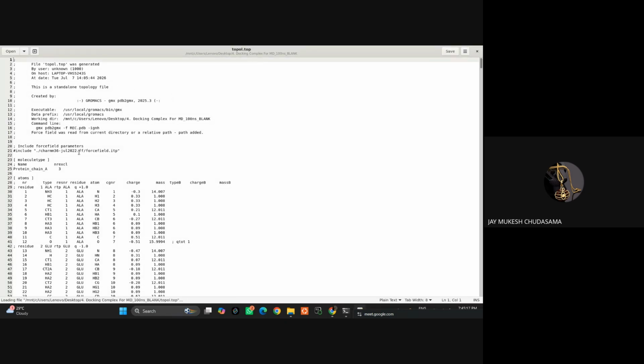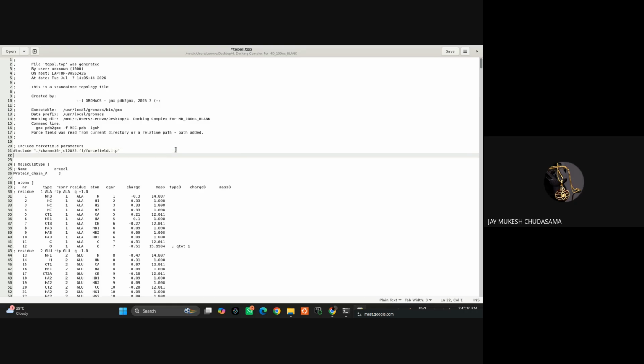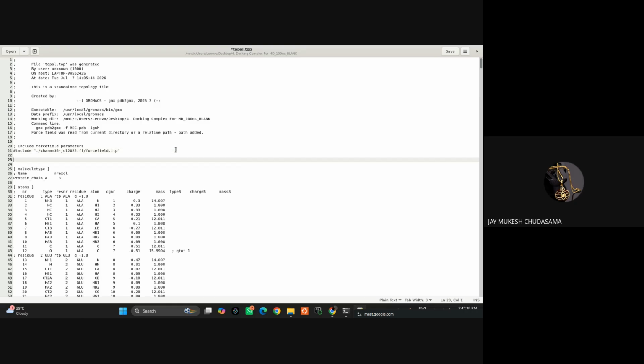Okay, this is the topology file, and what I have to make the changes is over here. Yeah, here, hit enter twice. After that, add these lines,